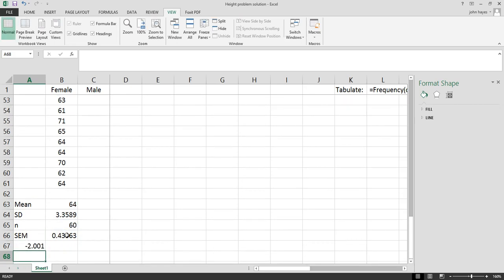Let's see what that gives us. That's probably right. That is the t-distribution for the 95% confidence interval. So what we're going to do now is the lower limit, lower confidence interval, 95% CI, is